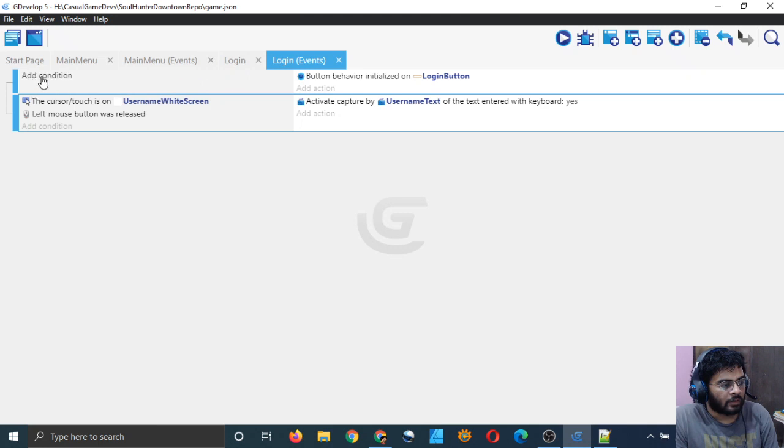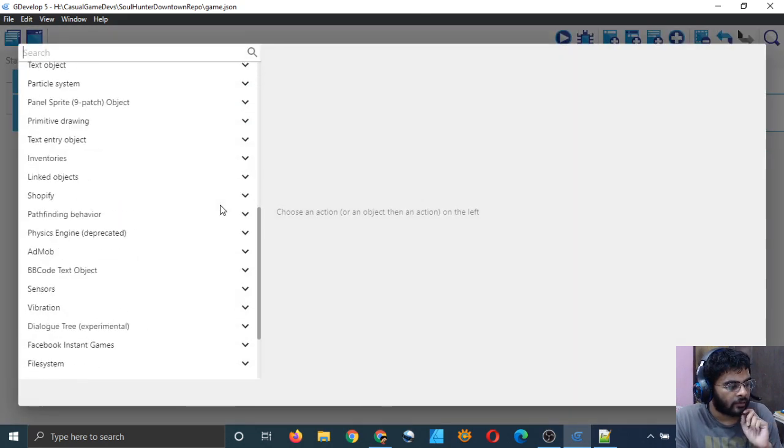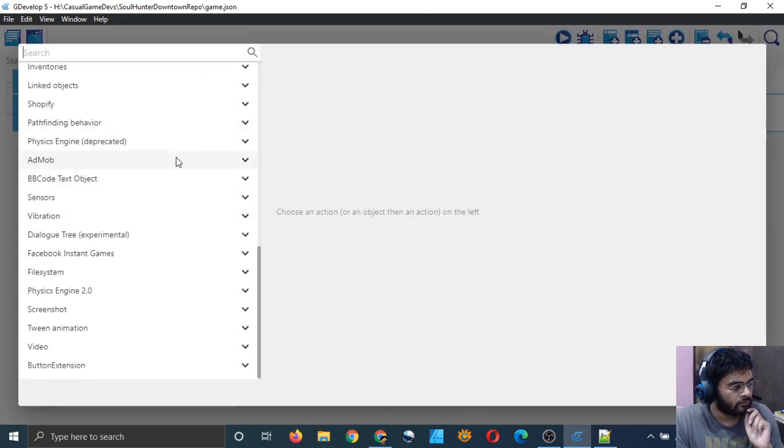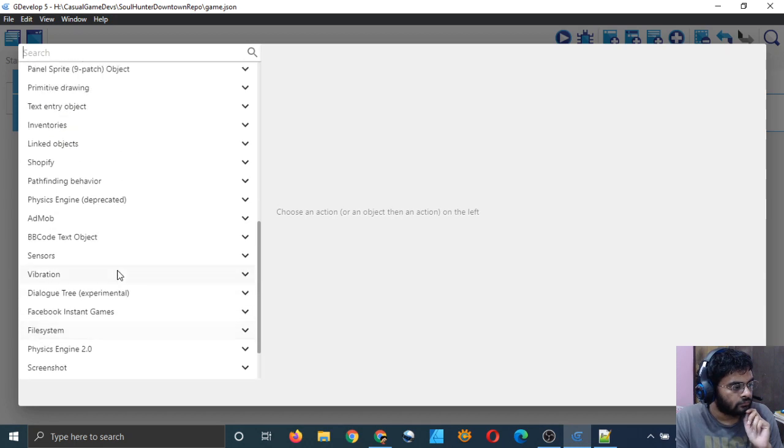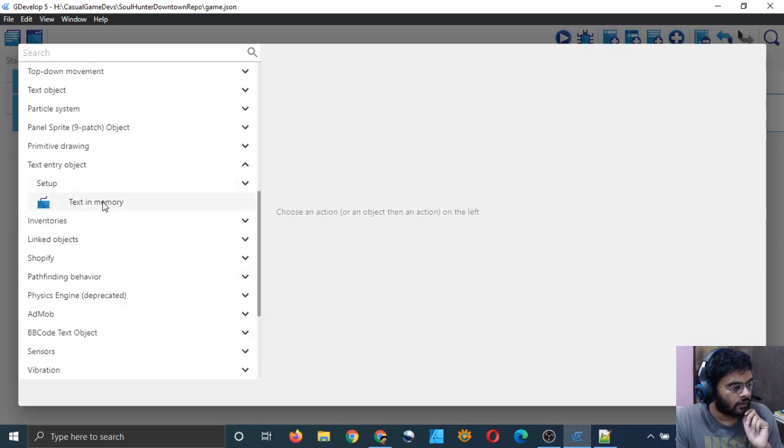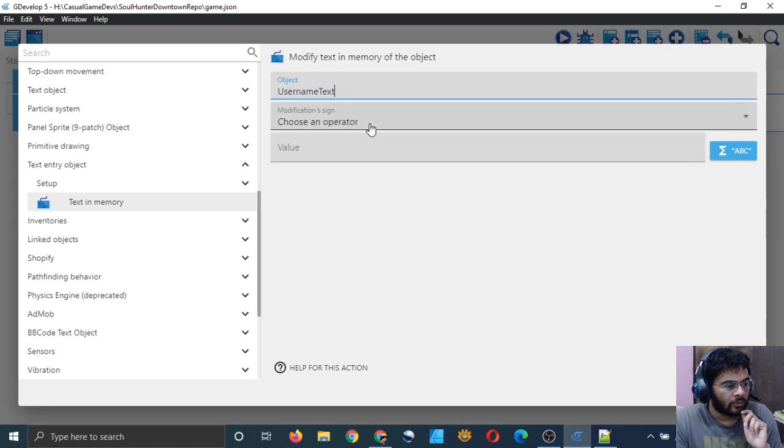How do I transfer the content of this text to my variable or to my username text object? So in text entry, text in memory, username text, modify text in memory of the object.